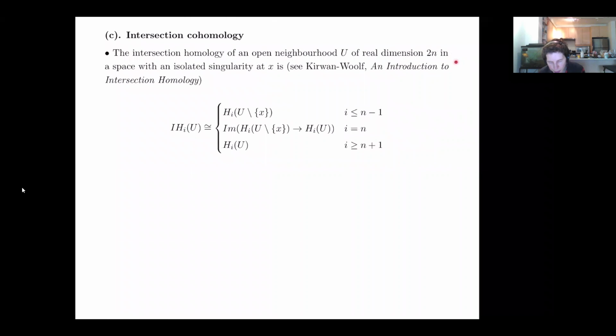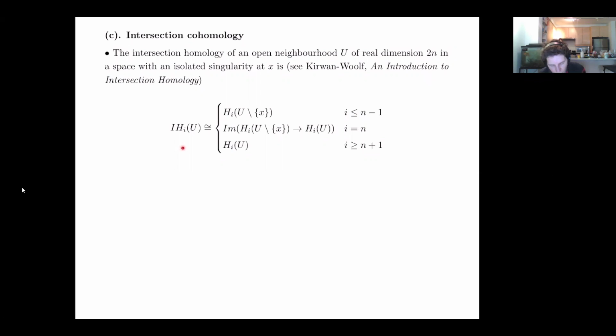Let me describe some of the properties of intersection homology. If you have an open neighborhood U of real dimension 2n in a space with an isolated singularity at x, then, as you find in the book on intersection homology by Frances Kirwan and Jonathan Woolf,